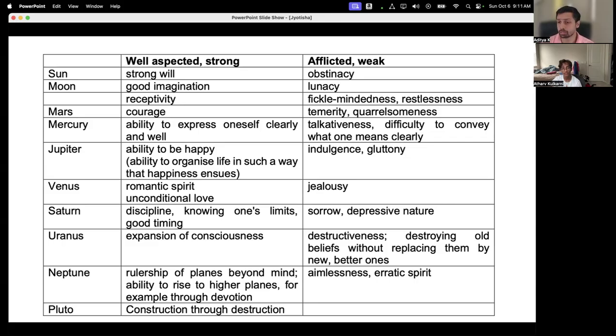If the person who is vibrating very well to Mangala or Mars has a ton of courage within themselves, they are the first people who will respond if there is a danger situation, or if somebody needs their help physically. They are the first people to say, hey, are you moving from this house to the next house? Let me come over, maybe I can lift some things for you, right? So courage, valor, the ability to do hard manual work, all of these are the blessings given by Kuja or Mars to somebody who is vibrating very well to Kuja or Mars.